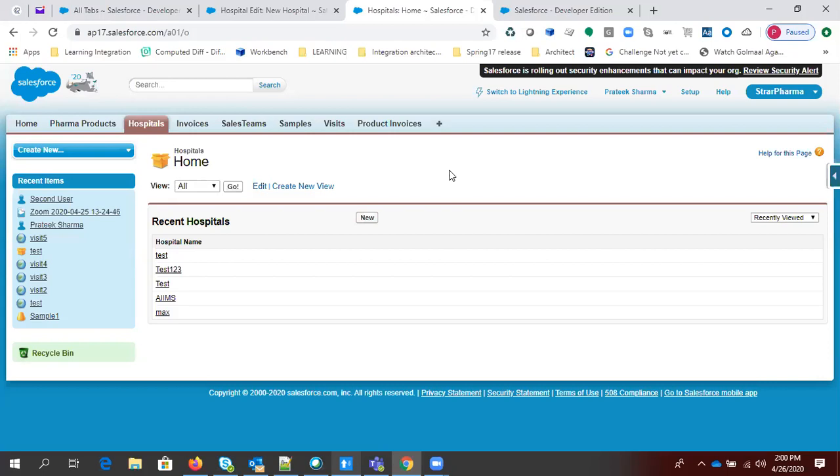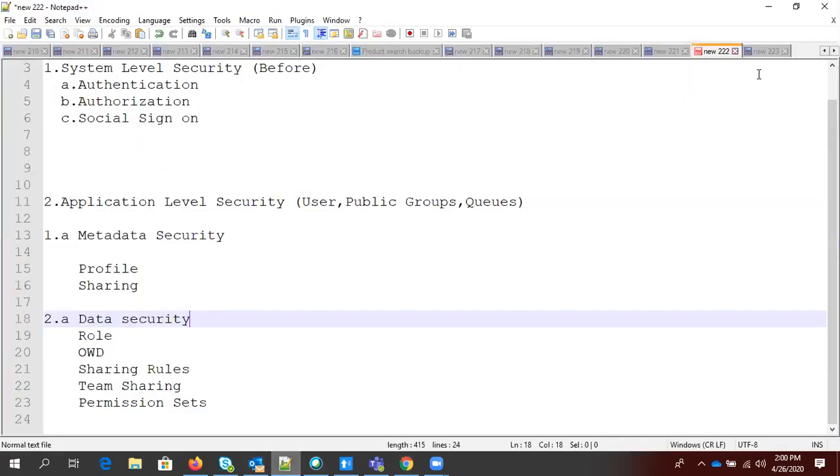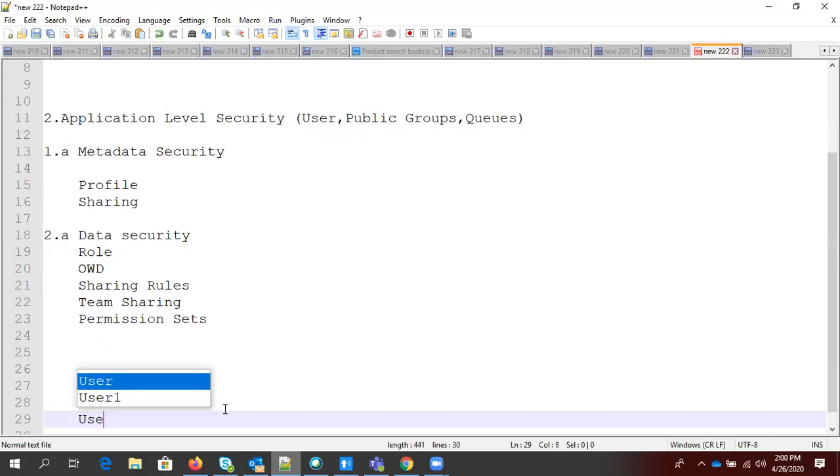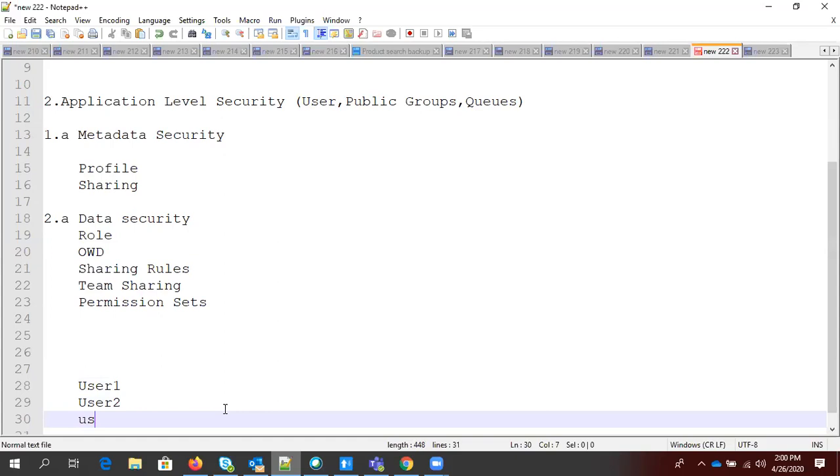Okay, so let's go ahead. Sneha asked a question earlier, so let's say we have three different users: user one, user two, and user three. I'm just taking a scenario, right?